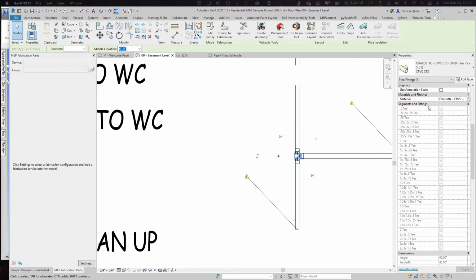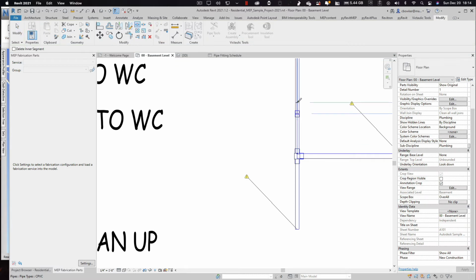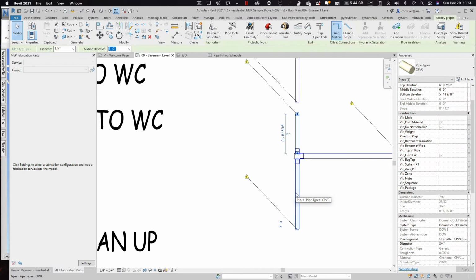So if you get tired of looking at it, all you got to do is go to the arrows. You can click on them, and it'll hide the segments and fittings, especially once you get into the copper fittings. There's millions of them. But earlier I said that I'd talk about breaking a fitting. So if I go here and I slice the pipe, it'll add 2 couplings in there, and I delete them, and I make this pipe and this pipe